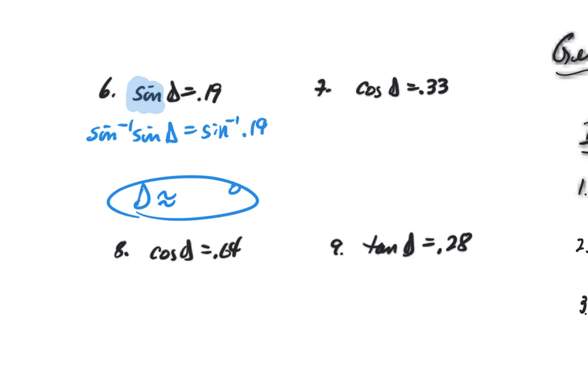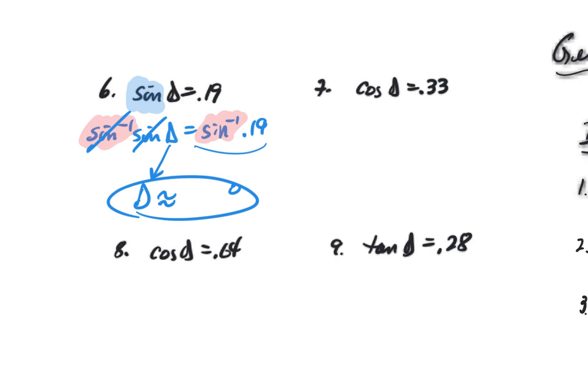Let me highlight that to make sure everyone's okay. Whatever you do on the left, you have to do the same thing on the right. Now, because sine and inverse sine are inverses of each other, they cancel each other out, and you're just left with the angle D. On the other side then is the calculator problem that I showed you yesterday, right? And that's asking us to find the inverse sine of